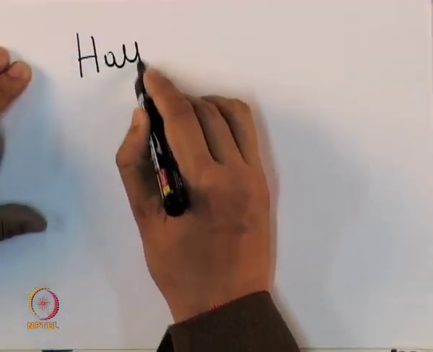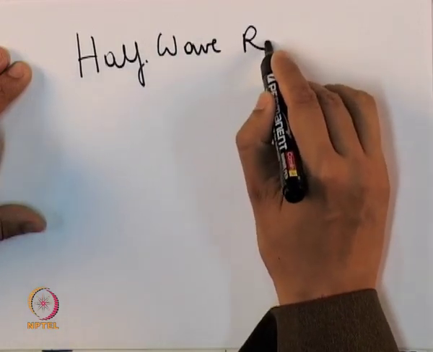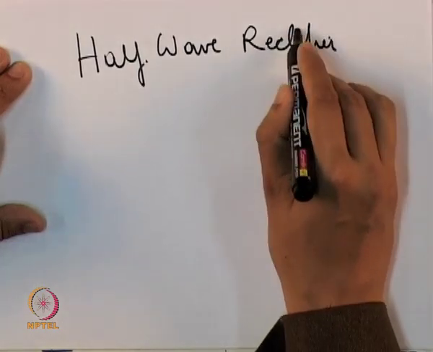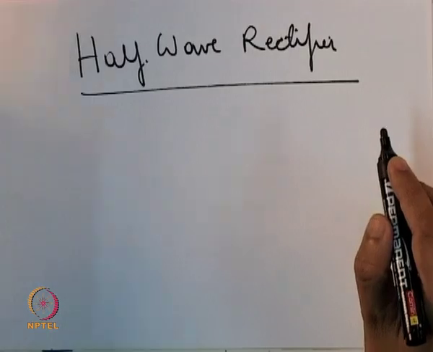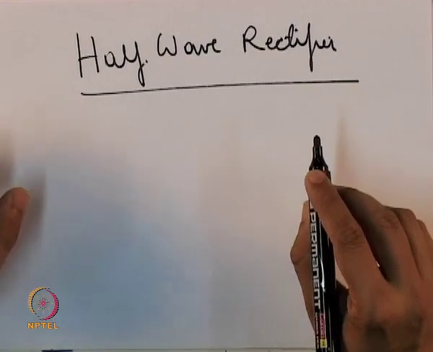The first type of rectifier is what we call the half wave rectifier. As the name suggests, this rectifier only allows half the sinusoidal voltage, only a half cycle of the sinusoidal voltage, to pass through it. It does not allow the other half cycle to pass through it. So, the circuit for this is